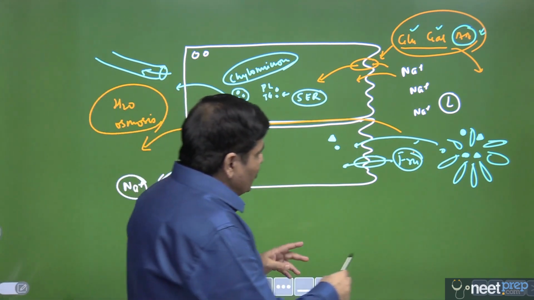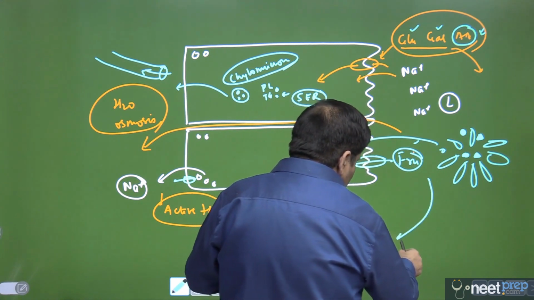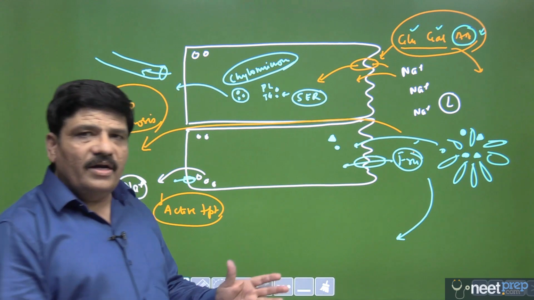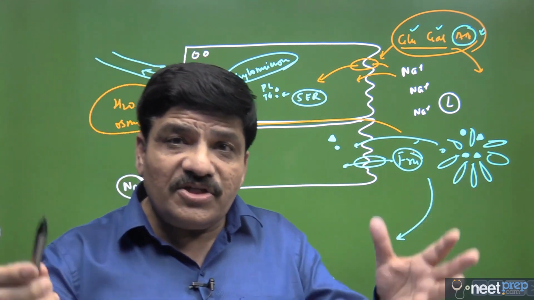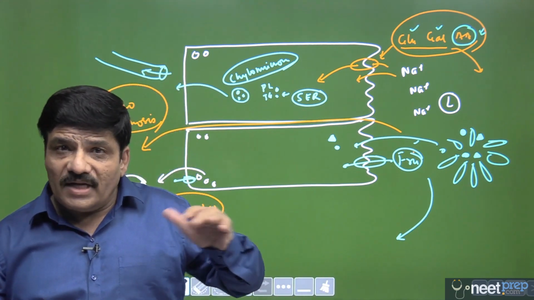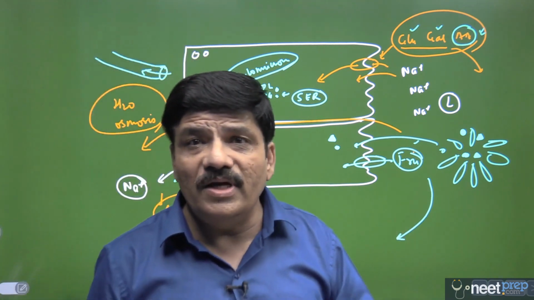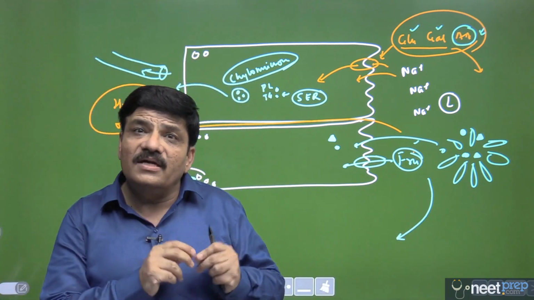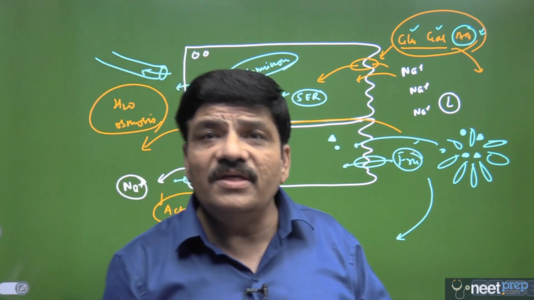Now, what is not absorbed goes into the large intestine, and it has to be gotten rid of, and the process is called egestion. Mind you, it is not called excretion, so I am calling it egestion. So this is something which is not digested, not absorbed, and is now being egested out of the body. And we have already talked about the large intestine. There are crypts of Lieberkühn there, but they actually secrete only mucoid secretion.